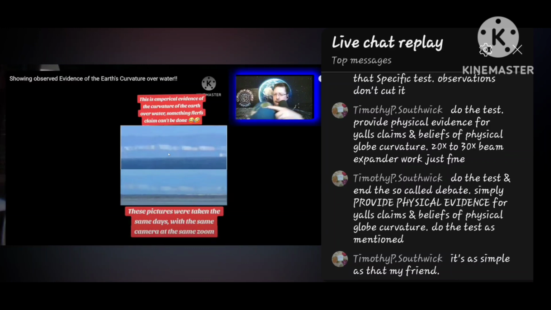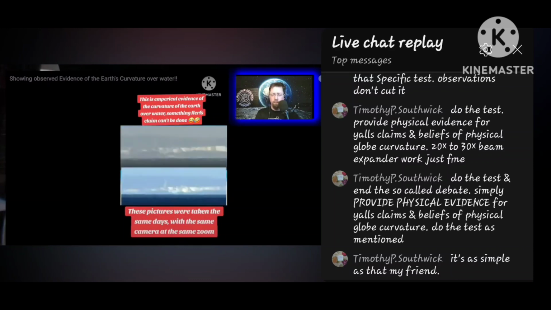Earth and its water. These are physical observations I did myself. I use my own camera, and I'm going out and doing this at the beach. As it comes down, the horizon's rising up, closer to those, even though those are not. Once again, here's another one. Same buildings along here. You can't see this guy here. Maybe the top there, a little bit, the roof right there, but the same camera, same zoom, same day, same location. I was up higher, and then I went down the beach, and I went down onto the beach.